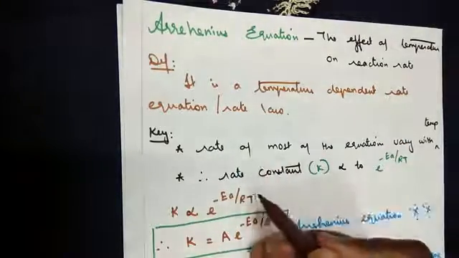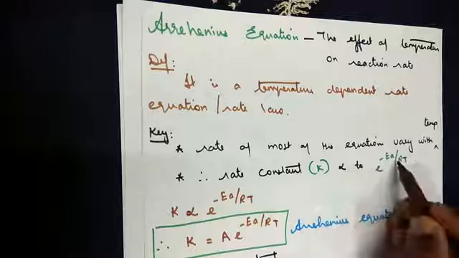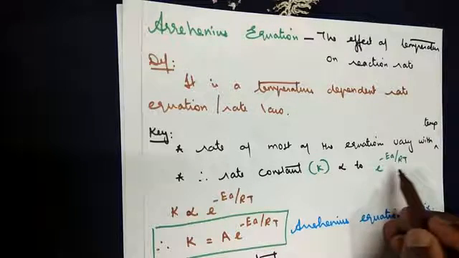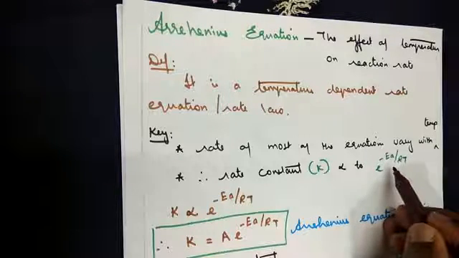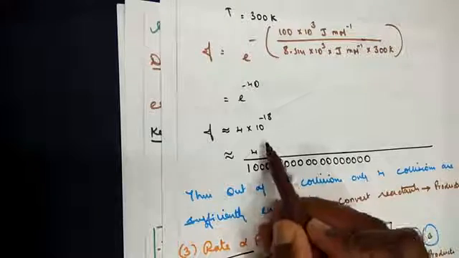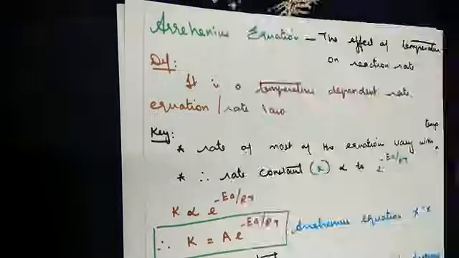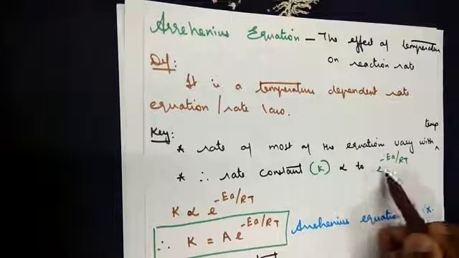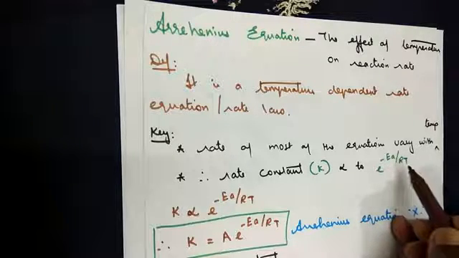So that can be expressed in terms of, therefore, rate constant is proportional to e to the power minus Ea by RT. Those of you who have seen the collision theory video will understand the purpose of e to the power minus Ea by RT. It tells us out of the available molecules, how many molecules possess the activation energy to undergo collision. So therefore we say k is proportional to e to the power minus Ea by RT. This term talks about how many molecules actually undergo collisions.